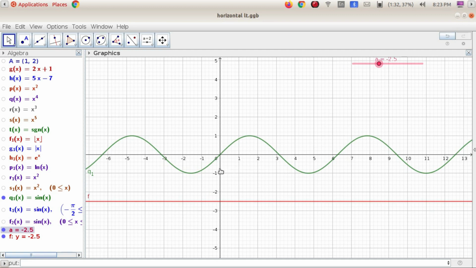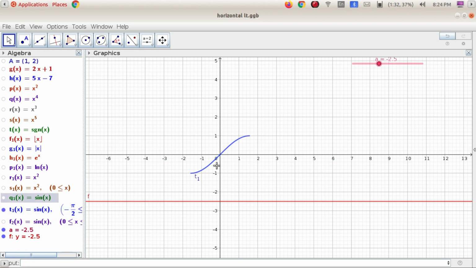The curve lies between minus 1 and 1. So the range of sin x is [-1, 1]. So sin x from R to R is not one-one and onto. To make this function onto, we have to take the codomain as the closed interval [-1, 1]. To make the function one-one, we have to take the domain as [-π/2, π/2].